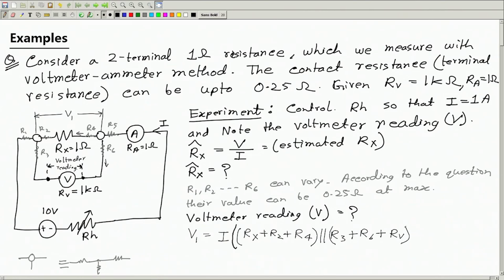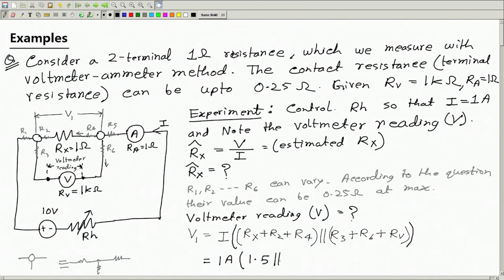So this will be the value of V1. Okay, now let's put the values. So I we know is 1 ampere. So 1 ampere multiplied by Rx, which is 1 ohm, plus R2 and R4. Maximum value of R2 and R4 is 0.25. We are considering the situation when these resistances are maximum. So then this will be 0.25 plus 0.25, that means another 0.5. So 1 plus 0.5, it will be